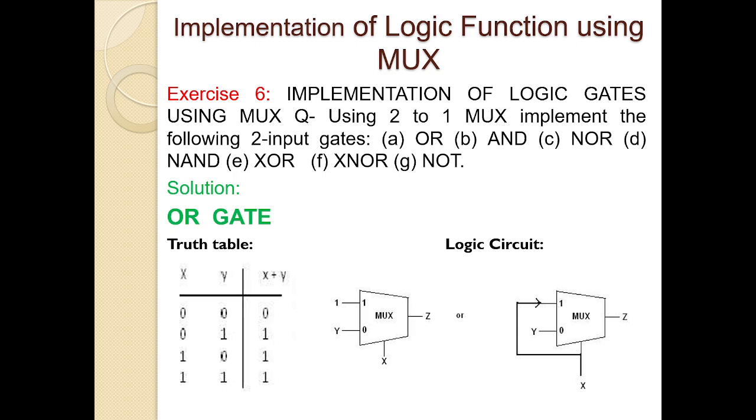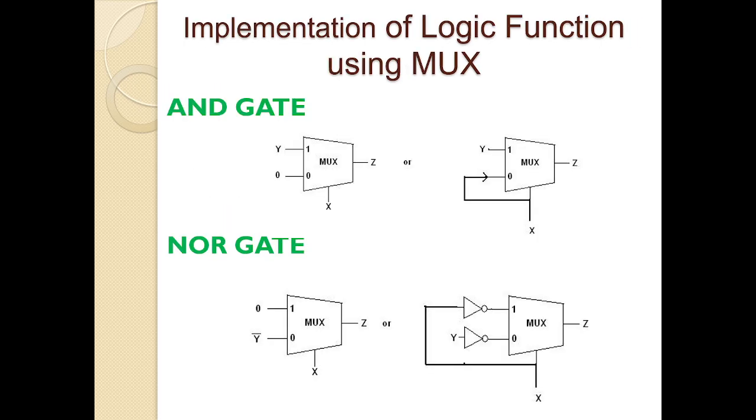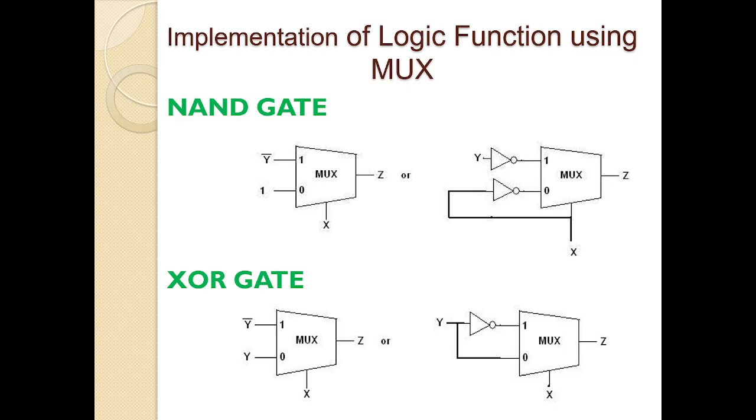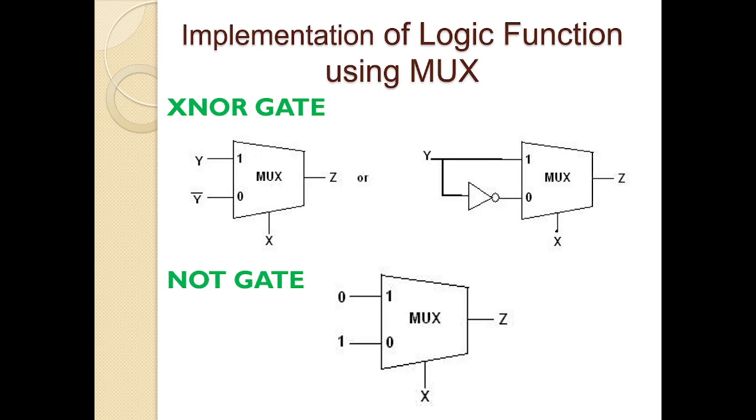Implementation of logic gates using mux. Implement OR gate, AND gate, NOR gate, NAND gate, XOR, XNOR and NOT gate using mux. So here the OR gate is implemented using a 2:1 mux, and the same is done for the AND gate, NOR gate, NAND, XOR,